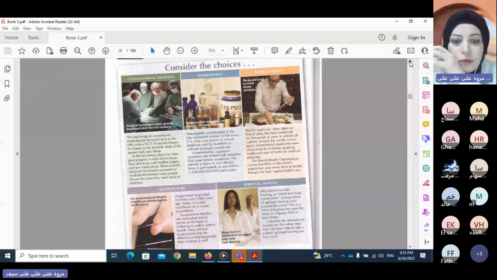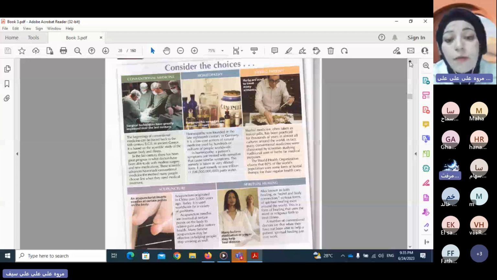This word is a little bit difficult, I know you are not familiar with it, but don't worry, we're going to tackle it. Homeopathy. Yeah, homeopathy. Of course, we're going to read and listen. Don't worry about checking the pronunciation of every word. What is it about? I'm not going to translate it right now. I'll translate it after we study the text. So what about the third one here?